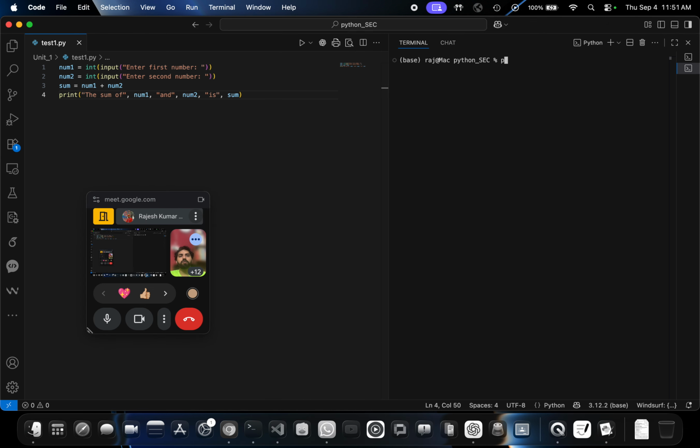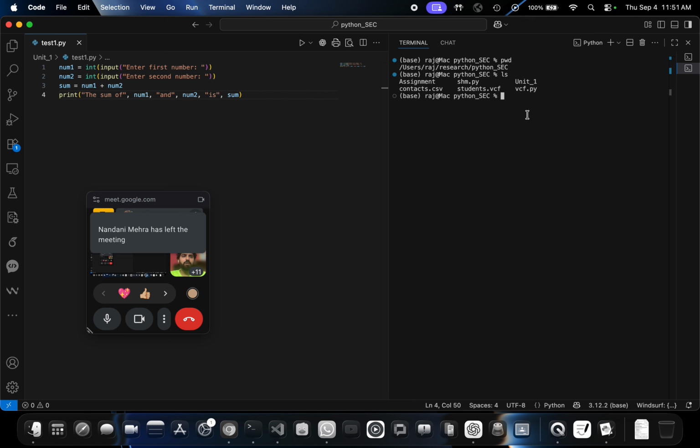I'm going to write python, provided my path is correct. My path is not correct because this is in unit 1 and this is Python SCC. If I write pwd here, that is Python SCC, and I write ls. Yours is dir, mine is ls because it is a shell terminal.